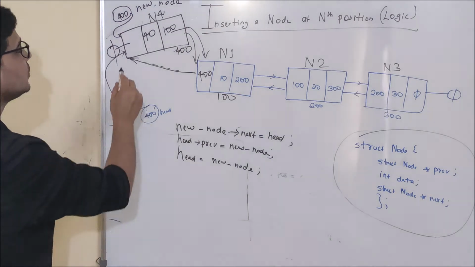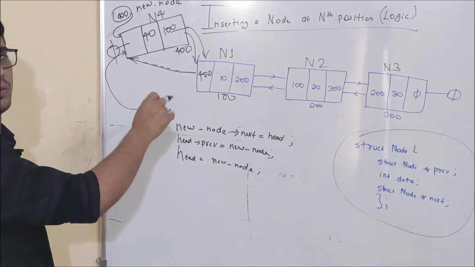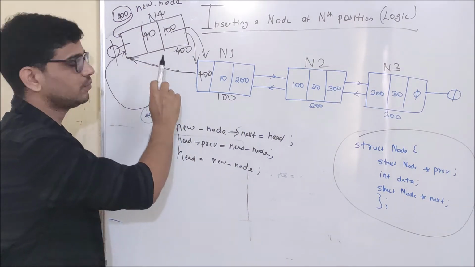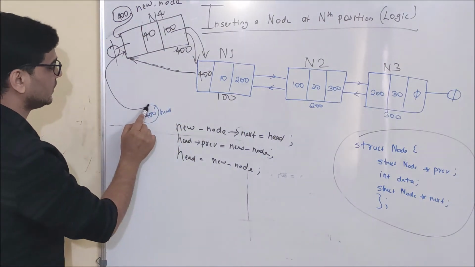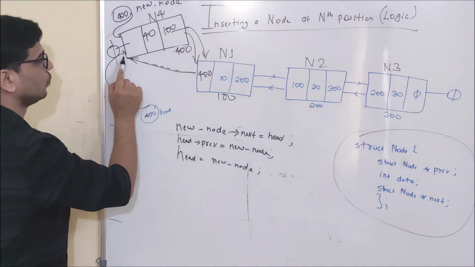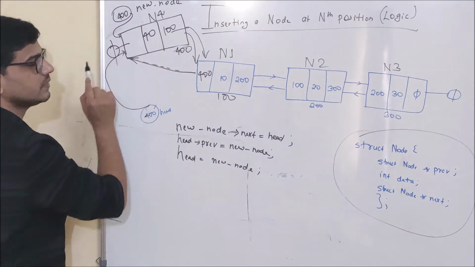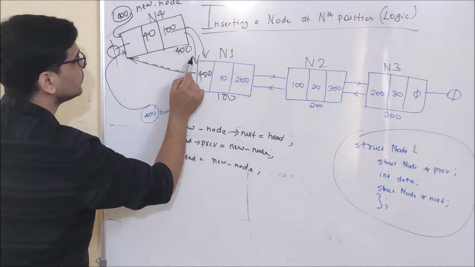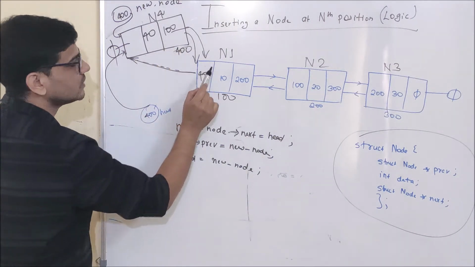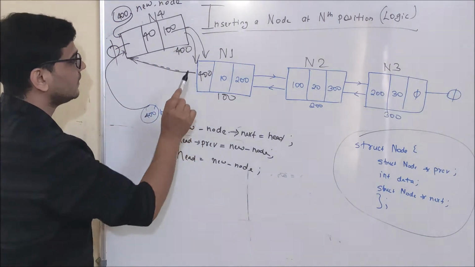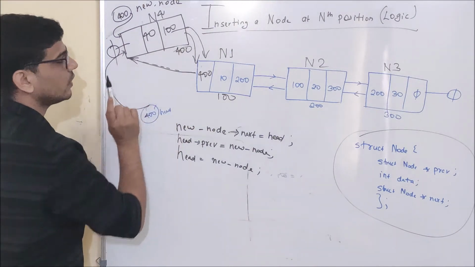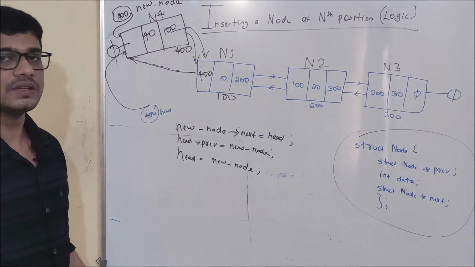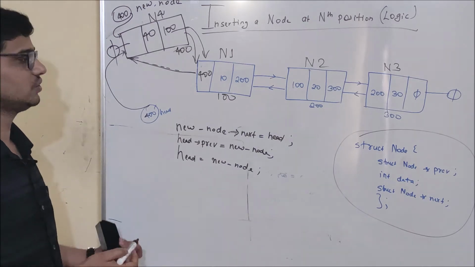Okay? Now as you can see here, we have successfully inserted this particular node in the first position. For verification, let's check. Head is pointing to node 4. Node 1's previous is pointing to some null address. And here you can see node 4.next is pointing to node 1, and then node 1.previous is pointing to node 4. What it means? We have successfully inserted this node at first position.